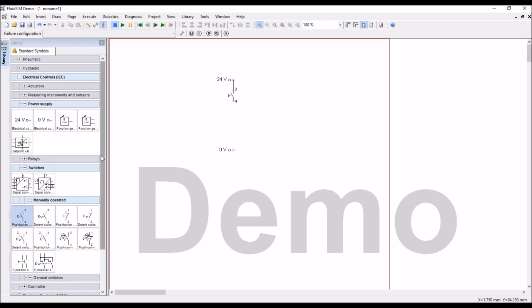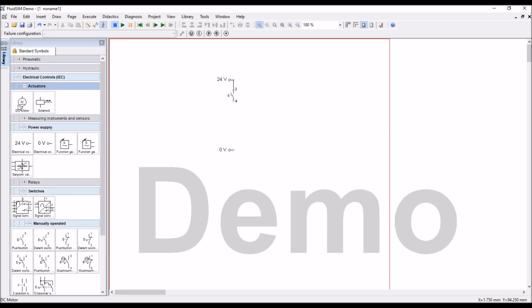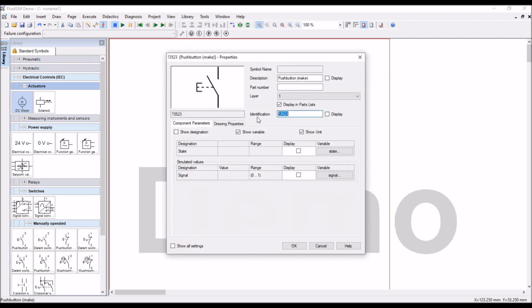and we have to have some load. So go to the actuator. There is a motor. You can select it. Okay, but I want names also. So double click on the switch. In the identification, you can type the name you want. Say for example start,